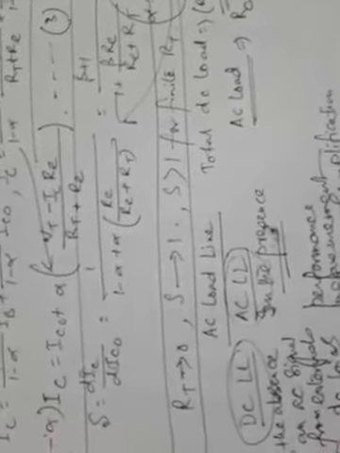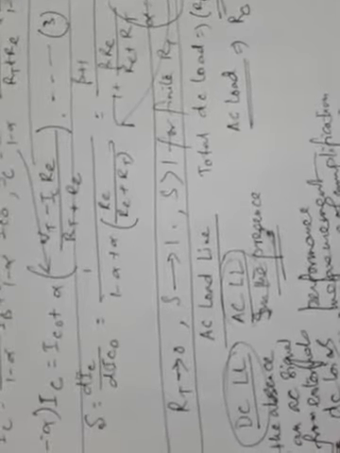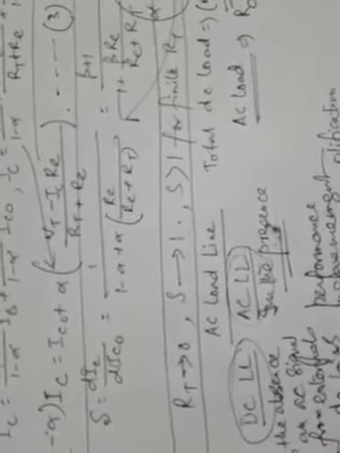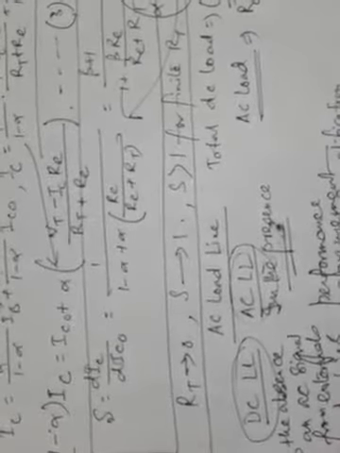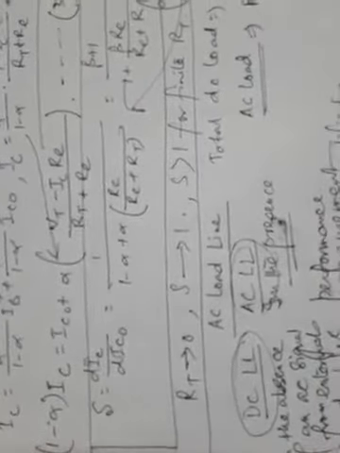Suppose the initial position of the Q point is Q1, then it may go up to Q2 and go into the saturation region at one extremity of the DC load line, and then once again it returns to another new position Q3, which may be the cutoff region of the characteristic, and then it returns to the original position of Q1. So all along, including the two extremities of the DC load line, the Q point may vary. You have seen this in the discussion about the transistor amplifier.